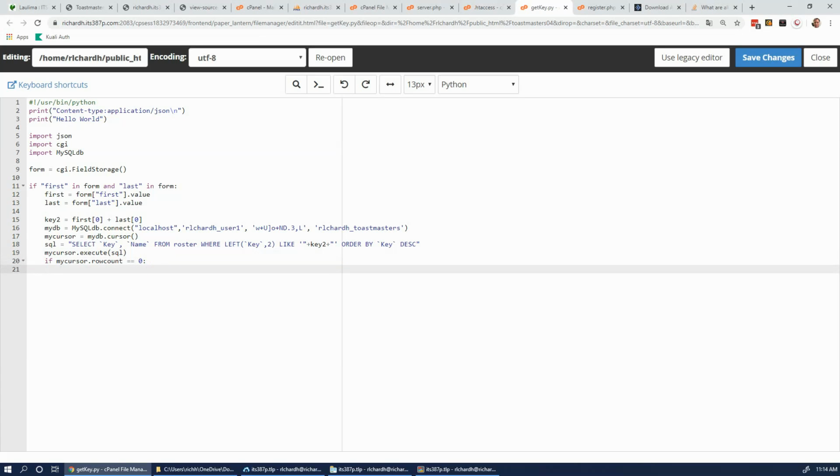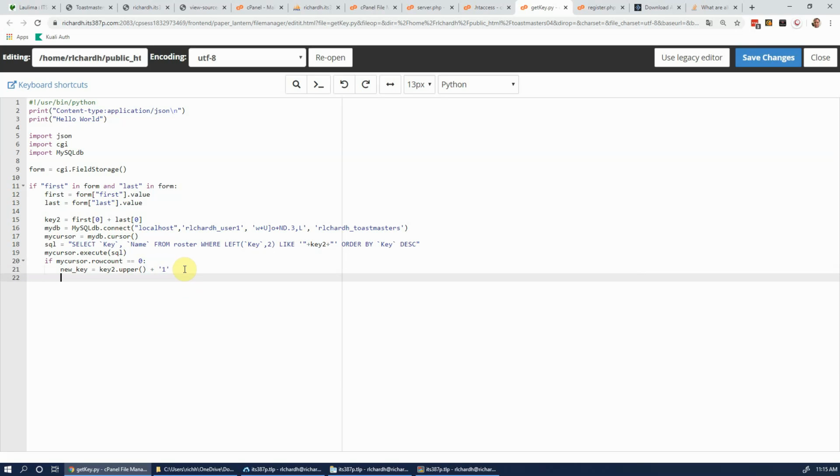And if it is, we're going to set the new key equal to these first two characters, JS if it's Joe Schmo, and we're going to make them uppercase, and then we're going to append a 1. We're going to concatenate a 1 onto the end of that. Otherwise, if the row count is greater than 0, which means there are other JS's in there,